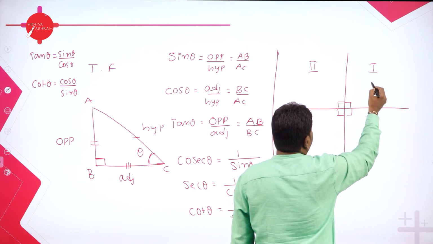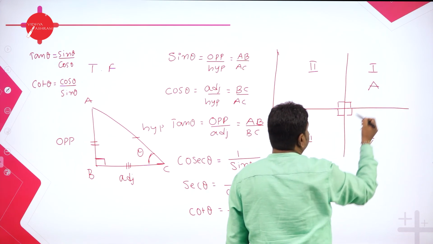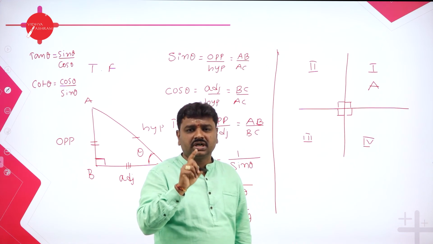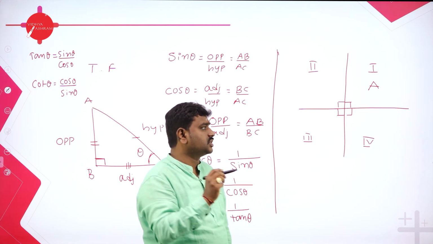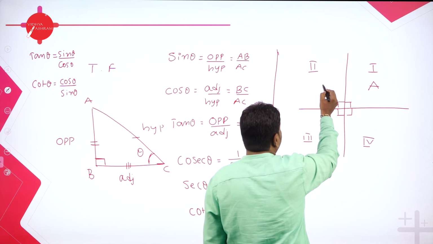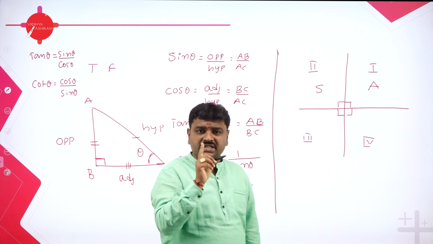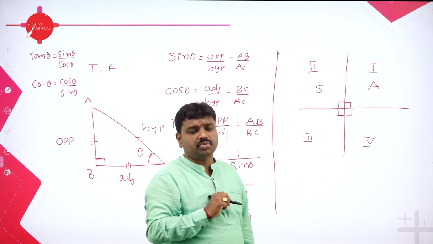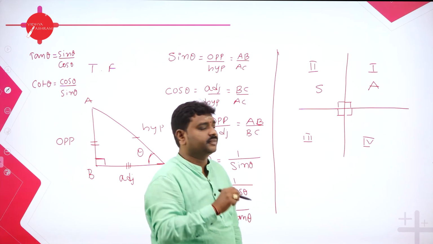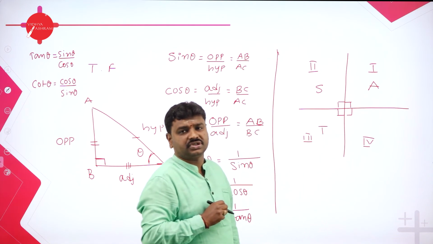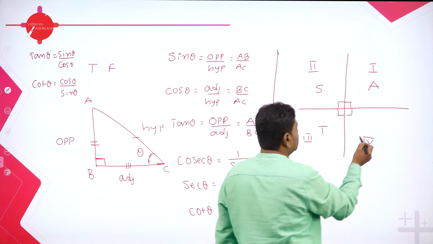So now, in the first quadrant, all trigonometric functions are positive. In first quadrant, all are positive. Sine, cos, tan, cosecant, secant, all are positive. And in second quadrant, only sine and its reciprocal are positive. In second quadrant, S means sine and its reciprocal are positive, sine and cosecant. Third quadrant, T means what? Tan and its reciprocal are positive. And last quadrant, cos and its